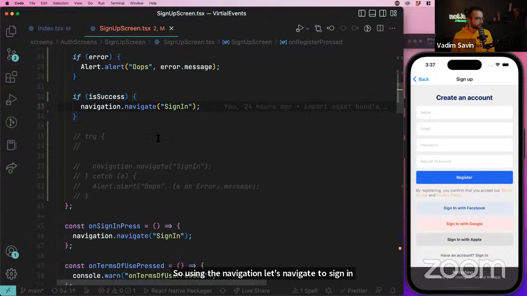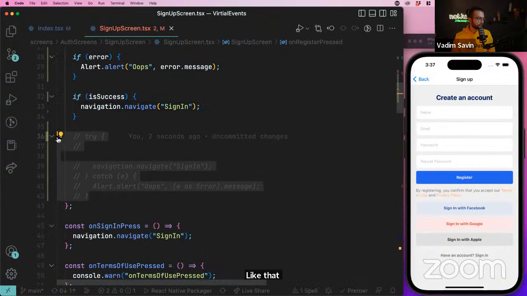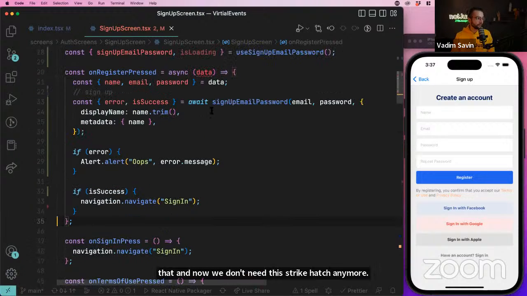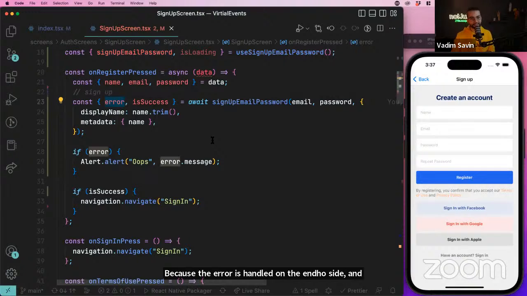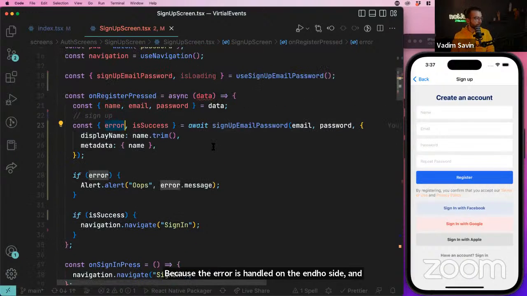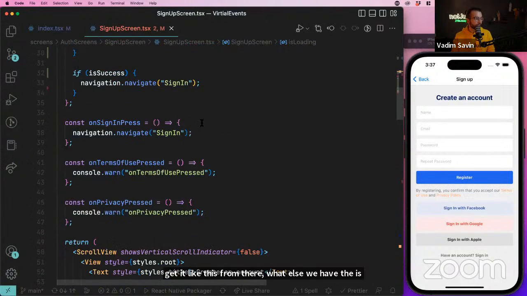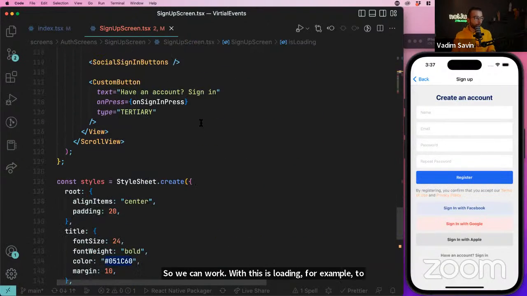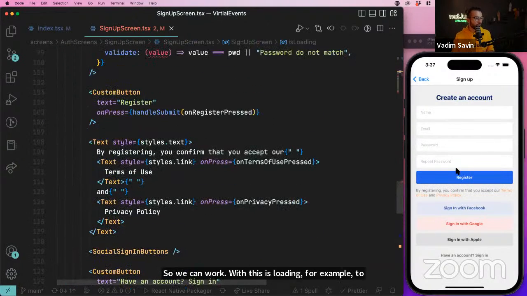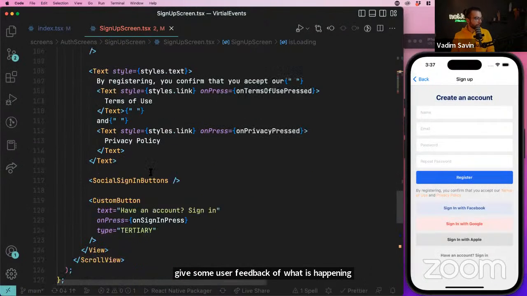Like that. And now we don't need this try catch anymore because the error is handled on the Nhost side, and we get it like this from there. What else? We have the is loading, so we can work with this is loading. For example, to give some user feedback of what is happening when he presses register, we can go ahead and